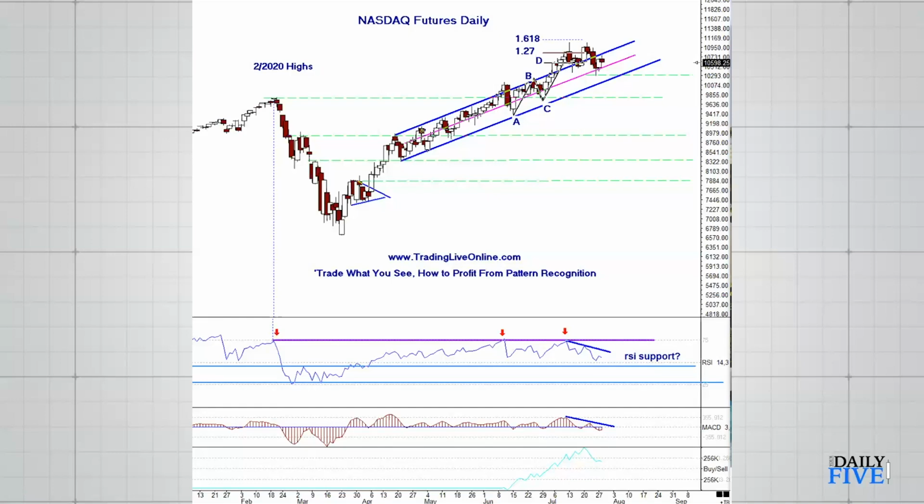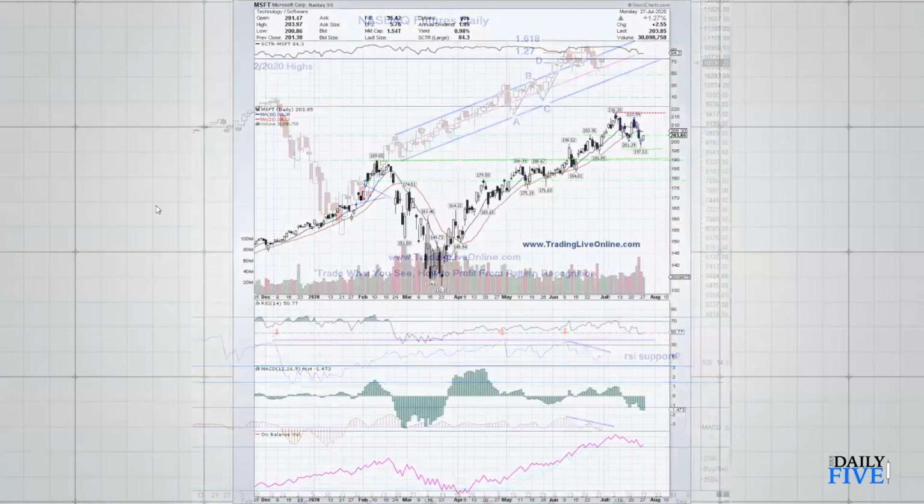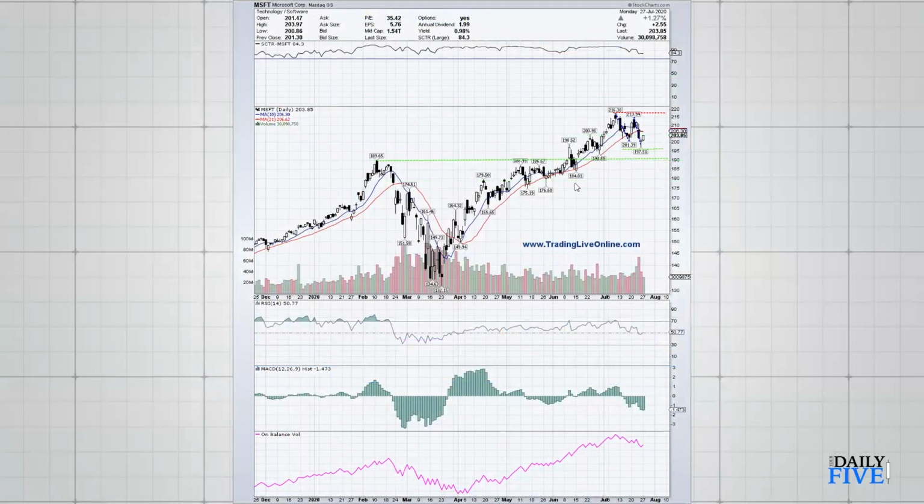Okay, let's move on to the next chart. And this is Microsoft. Microsoft has a similar pattern to the NASDAQ, but it has a little bit more of a defined A, B, C, D buy pattern. But the important areas to watch right now in Microsoft, and same with NASDAQ, is we now have an upper resistance